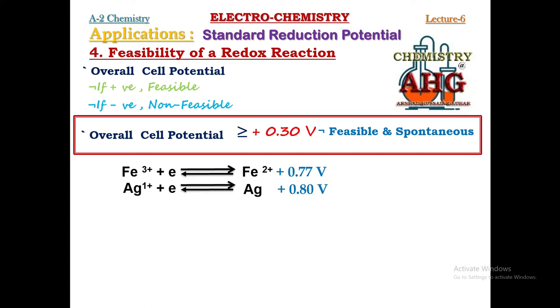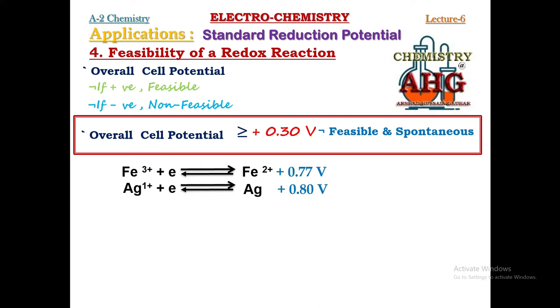Now what you must do, look at the given half cells, look at their standard reduction potential. If you want to write down a chemical equation for a feasible reaction, it means you are interested to get an overall positive cell potential. For that, you must look at that half cell whose reduction potential value is mathematically greater. That half cell whose reduction potential value is mathematically greater must undergo reduction, it must act as the cathode. Whenever two half cells are given, the half cell whose standard reduction potential is most positive, when it undergoes reduction, the reaction becomes feasible.